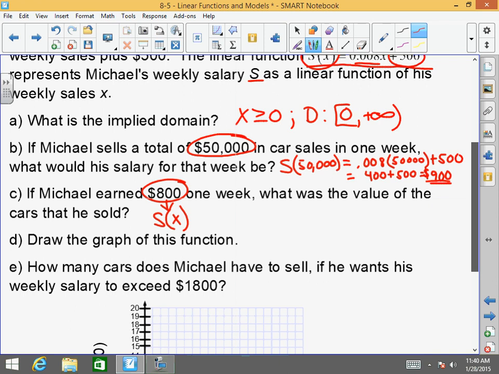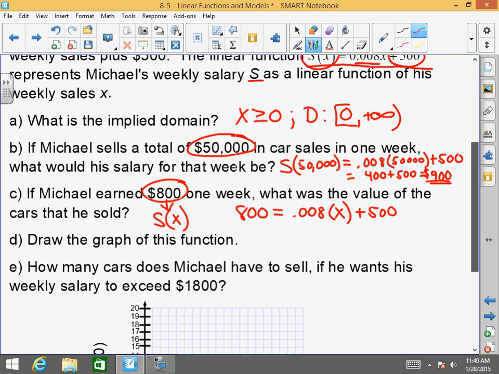I'm trying to find how much did I sell to earn $800 here. So in this case, it would be 800 because that is what you earned that week. That is s of x. What you earn, remember, is dependent on what you sold. So that equals 0.008 times x. That's what I'm looking for, the amount of sales that I had, plus